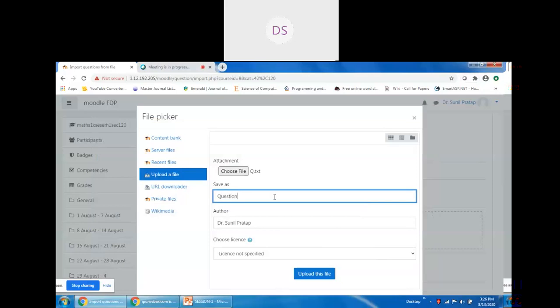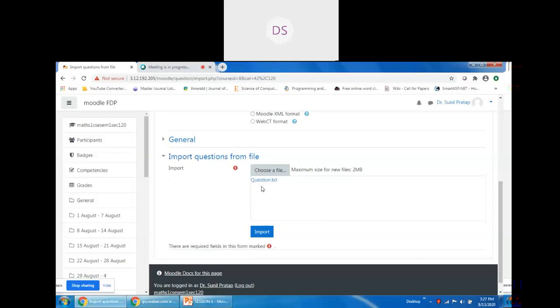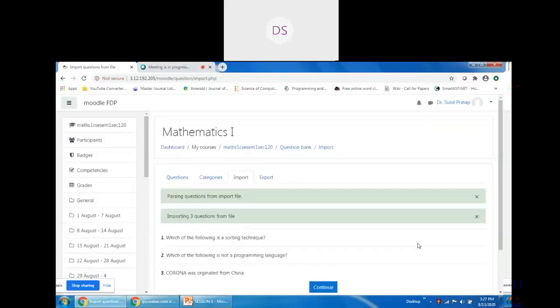So I have given the name question, which means this file on my local system is known as Q, and on the server it will be known as question. I'm just changing the name. So this file has been uploaded to Moodle, and from this file Moodle will import the questions.